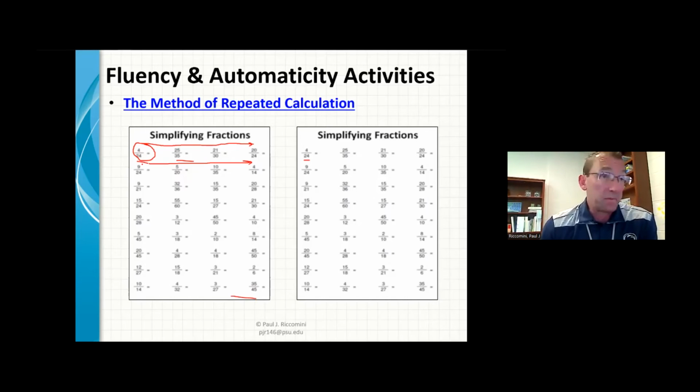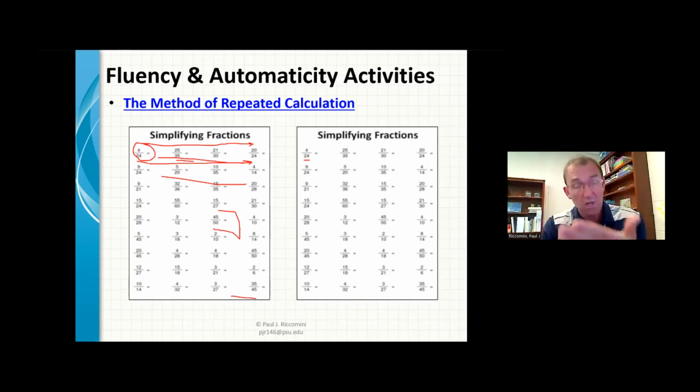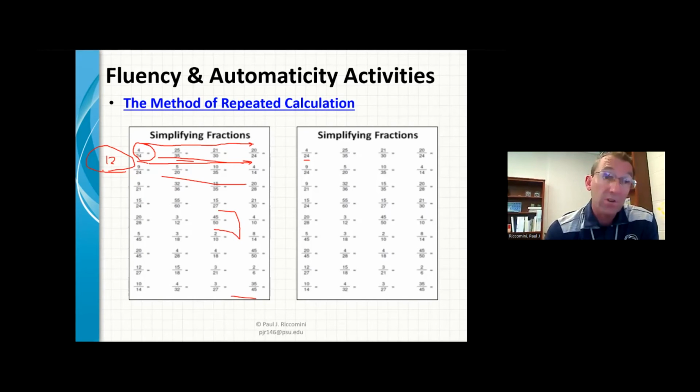So they say begin, and they start working through it. When the minute's up, you say stop, and tell them to put a bracket. Then you display the answers on the board, and the kids check their answers and tally up the number they got right. So they say, okay, I got 12. Write that answer down, 12. Now flip the page over. Notice it's the same problems. However many you got the first time, you need to try to get that many or more.